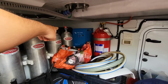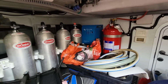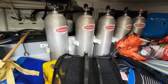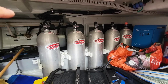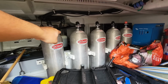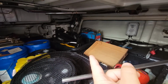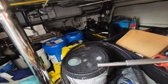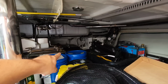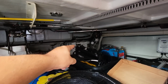60 hertz 220, 50 hertz 220 volts, and dive tank holders with the dive tanks, and behind that's the hydraulic pump for the davit. It's all the toys, a lot of toys, and plenty of oil, because you do change a lot of oil on these main engines. In the back there, if you can see, that's the stern thruster batteries, AC for the boat,